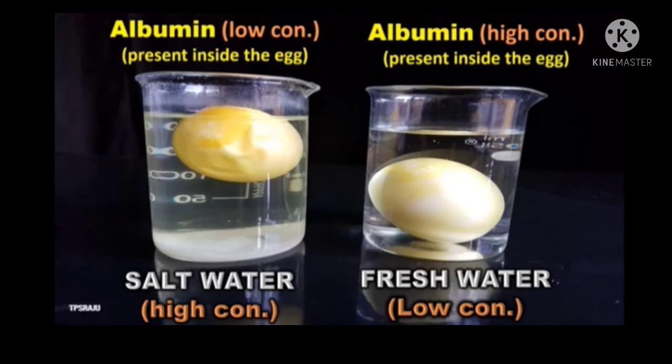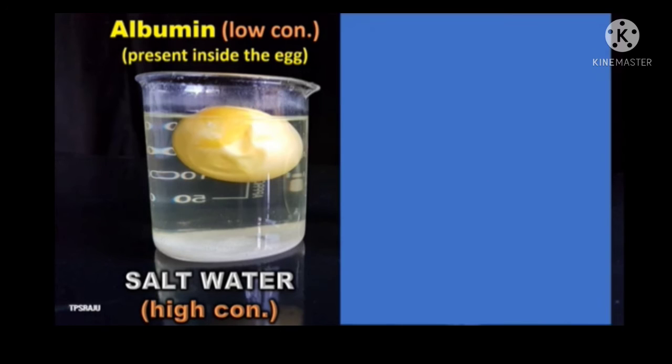So understand, children? If you understand, tell me why the egg shrinks and swells? Yes, that's right. This is due to osmosis. In the first beaker, salt water is more concentrated than the albumin present in the egg. These two solutions are separated by the egg membrane. Already we know that the egg membrane acts as a semi-permeable membrane. Hence, water molecules moved from low concentration point, that is albumin, to high concentration point, that is salt water, so that the egg present in the salt water shrinks.